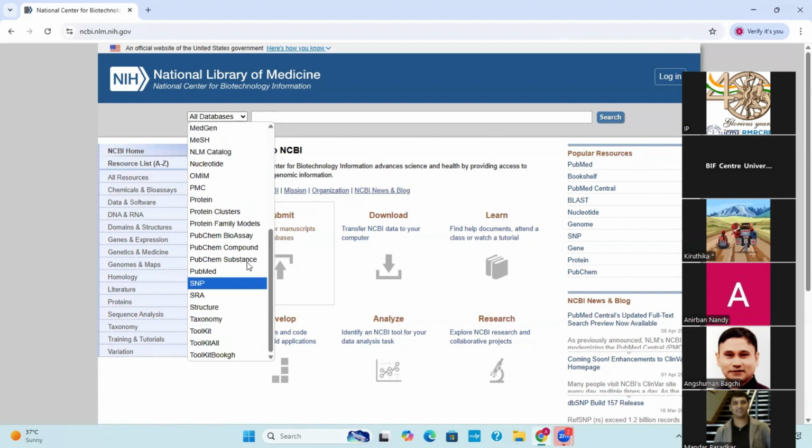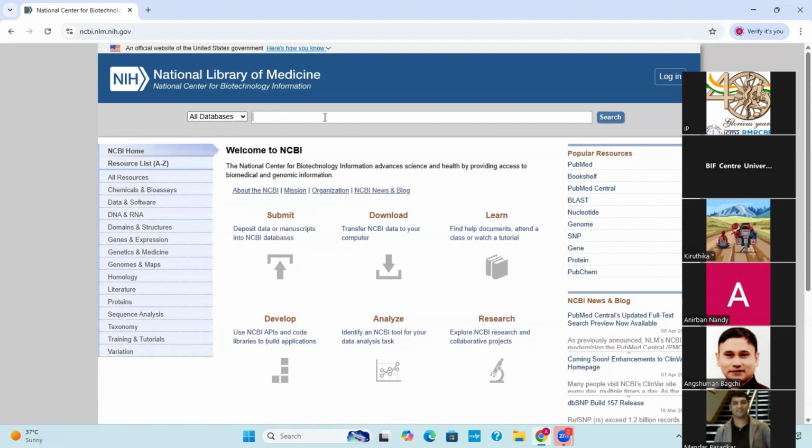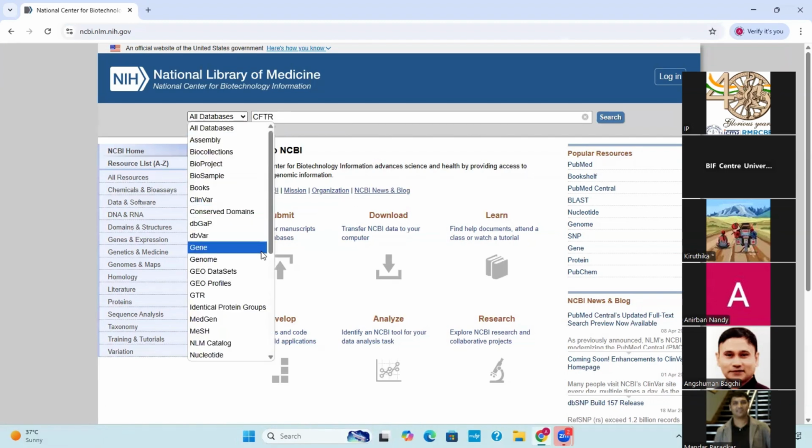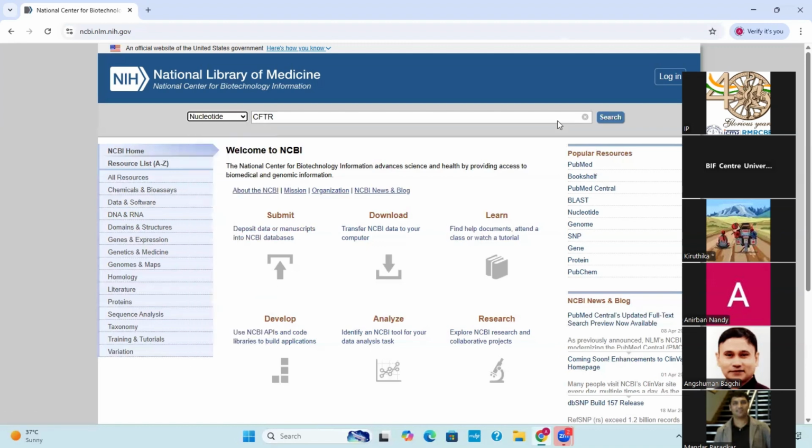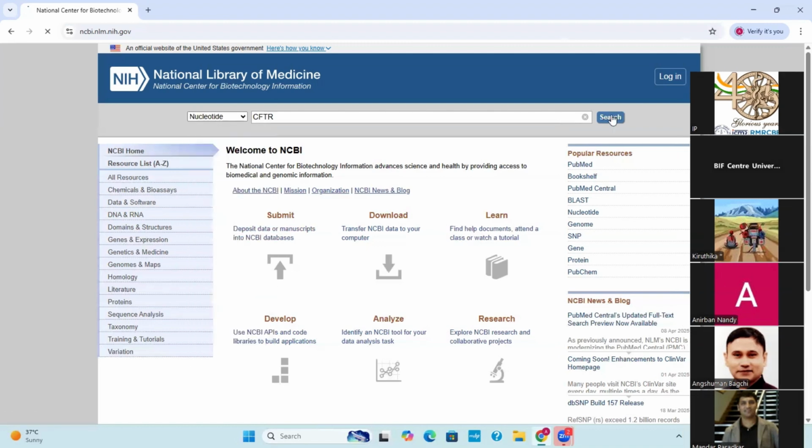If you type CFTR, that is the gene coding for cystic fibrosis. Now, if we go to the nucleotide database, then we'll be searching for only nucleotides, right? By clicking on the search,